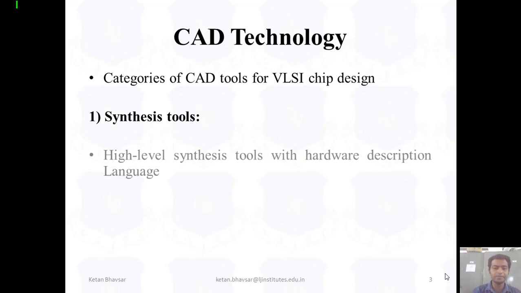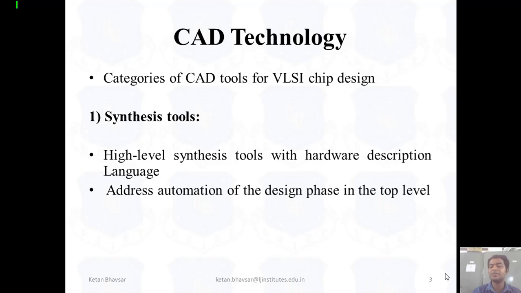It's a synthesis tool. Synthesis means what? Whatever you write inside a computer or inside the software, you have to convert your software data into a hardware part, or into the machine language concept, and you have to upload it on the hardware. Altera, it's a Quartus software, and also in Xilinx you can see one option, synthesis. Synthesis means whatever you're writing inside the code will be implemented or made compatible with your selected hardware.